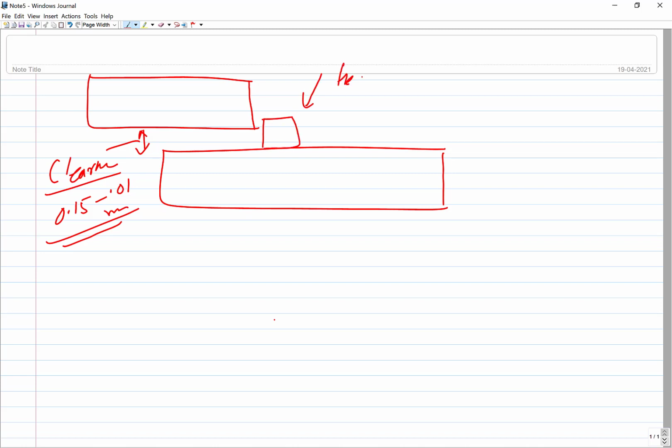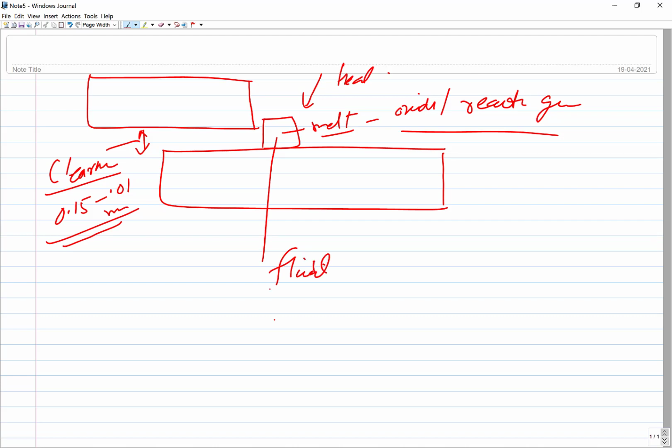When it is heated, it melts. When it melts, it will lead to the formation of oxides and to reactions with the gases which are all around. So these also need to be taken care of. At the same time, this molten filler metal of the brazing or soldering material should be fluid enough, thin enough, so that by capillary action it gets spread all along the gap between the